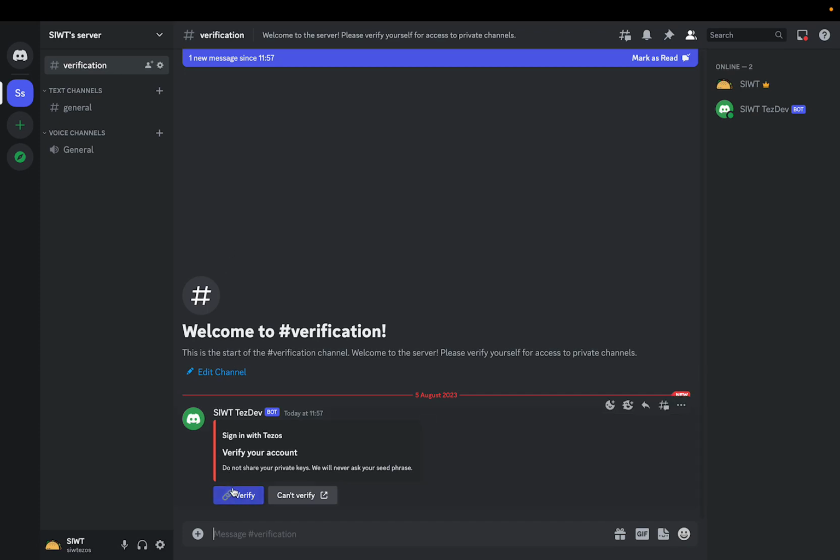There's a verify button. Let's not click that just yet because we haven't actually set up our UI yet, which is something that we want to do first. But even before that,